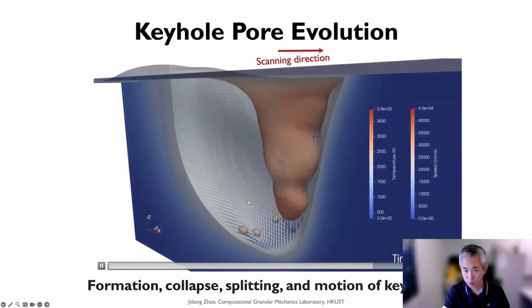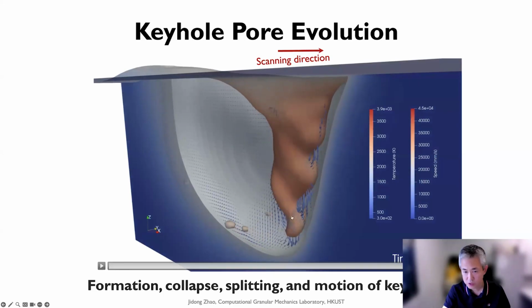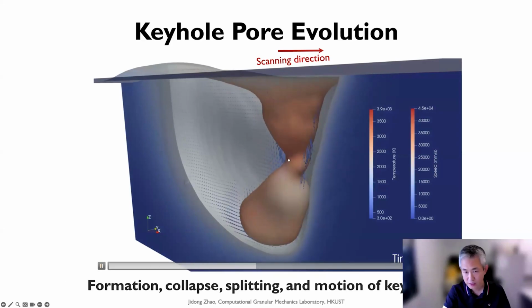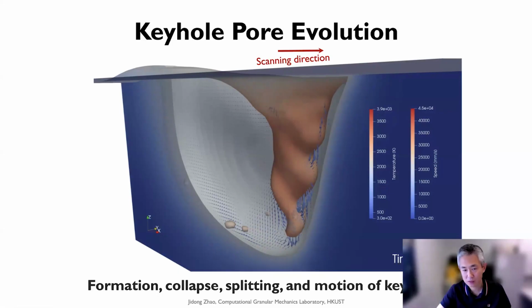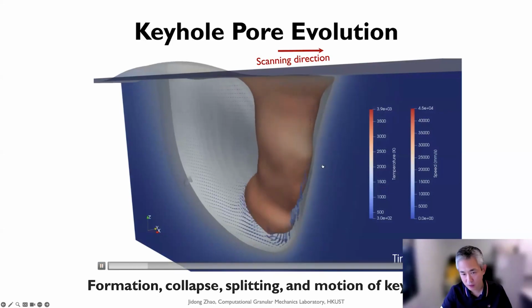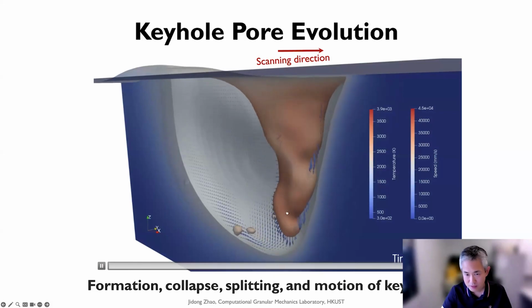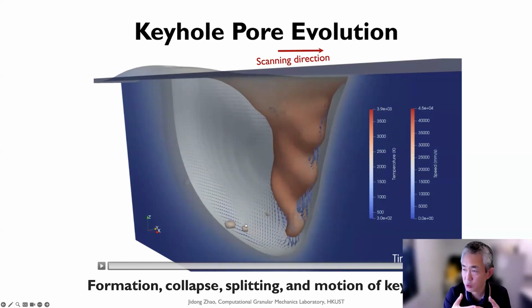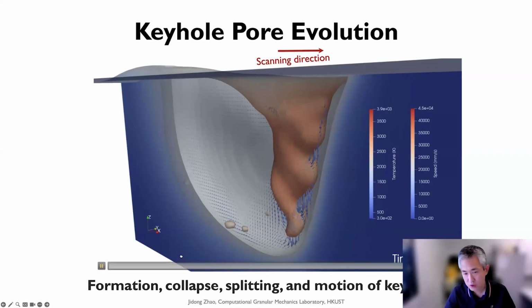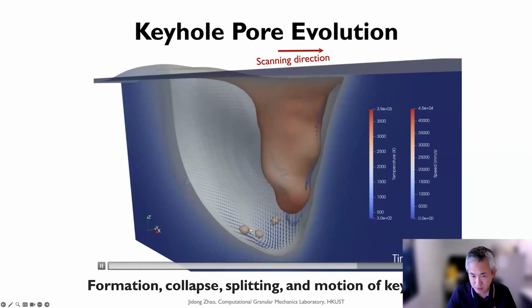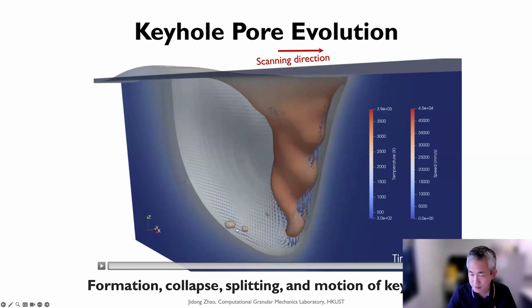Okay, and so this is how the keyhole pore is generated. Once the pore is generated, you have a dynamic process with this keyhole pore. You can see this is a protrusion, and then the walls collapse onto each other, and then the lower part is left. Once it's left, the simulation later on will show the macrojet. The macrojet can sometimes split the big pore into small ones, like three small ones. During the process there are other physics involved,